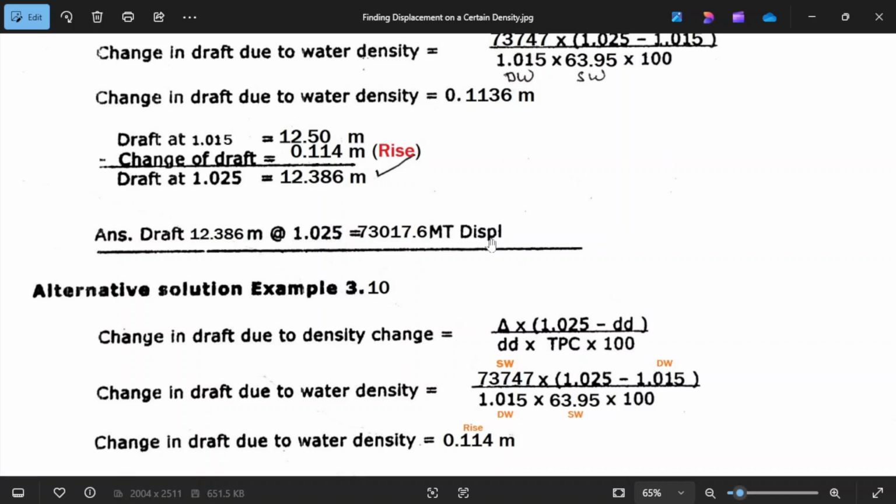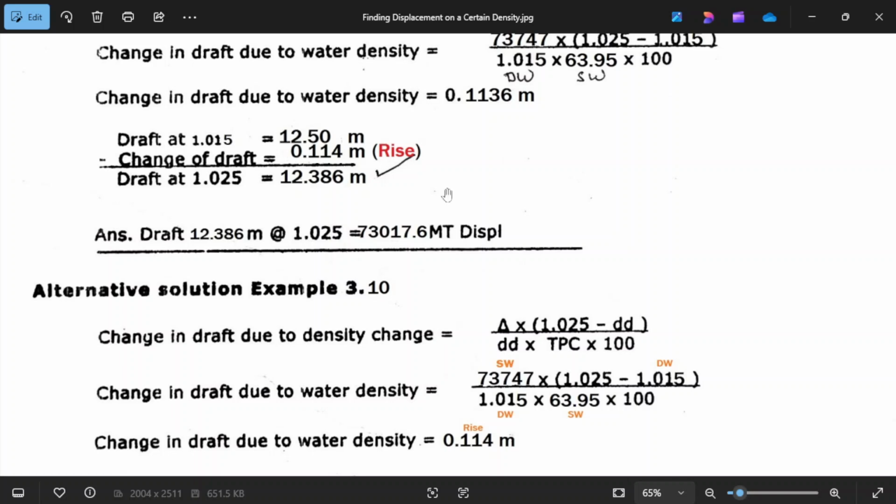I put rise because from your draft of 12.5, if the vessel rises up, your draft will reduce from 12.5 to 12.38. That's why it's rising up, reducing your draft. So that's why it is minus.